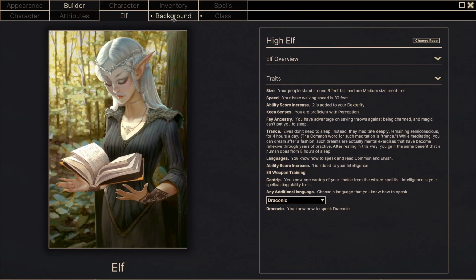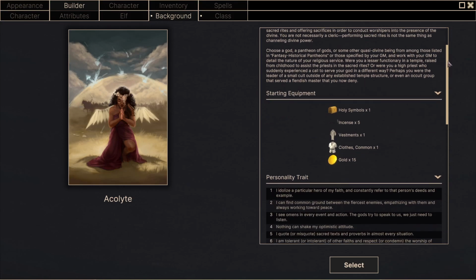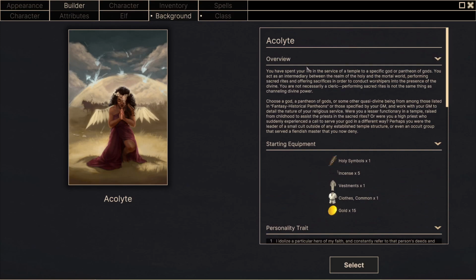We can also choose our background. Now, in the standard 5e SRD, unfortunately, the only background provided is the Acolyte background, and reflecting this, that's all you get in vanilla DMHub. You can add your own backgrounds, or you can also download modules and find what other people in the DMHub community have shared. And you'll see though that the Acolyte is enough for me to show you how it all